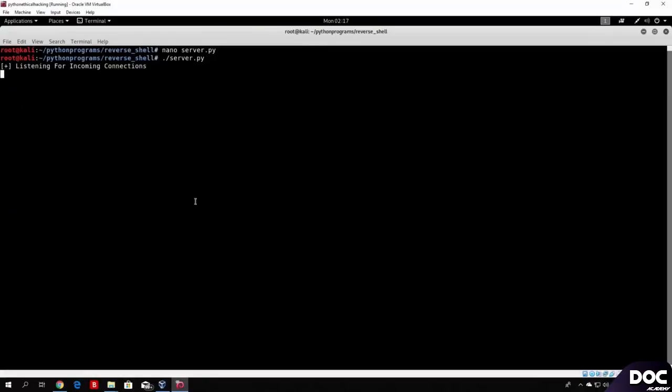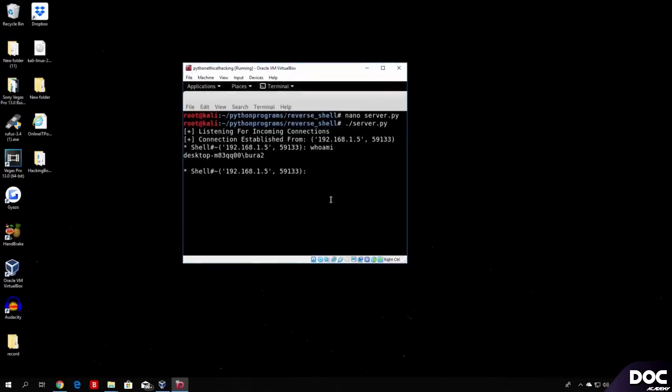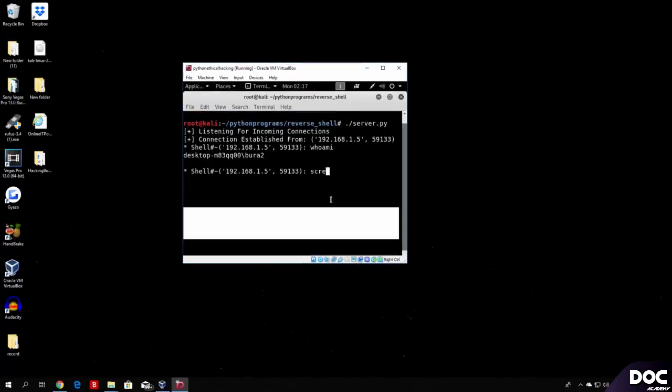We listen for the incoming connections. It should come any second. As you remember, we have a timeout of 20 seconds before connecting. And as soon as it does, we will just, first of all, check a simple command to see if our program works, and then we will run the screenshot and see how it looks like. So here it is. Let us just run whoami for a simple check. Then I can lower this so you can see the screenshot better. And if I just type screenshot,